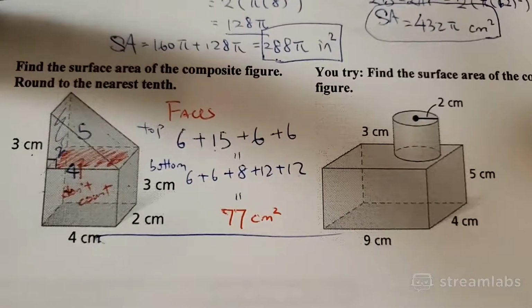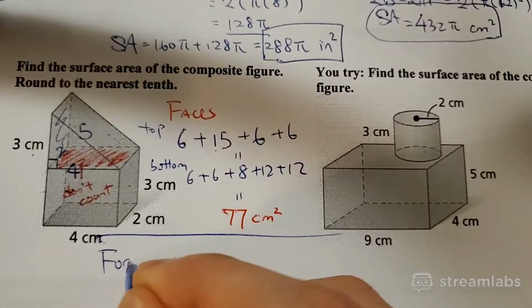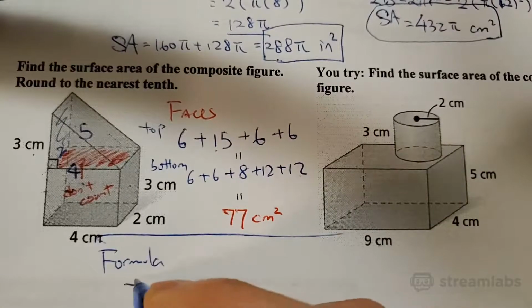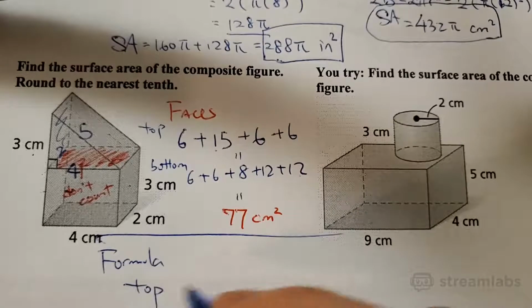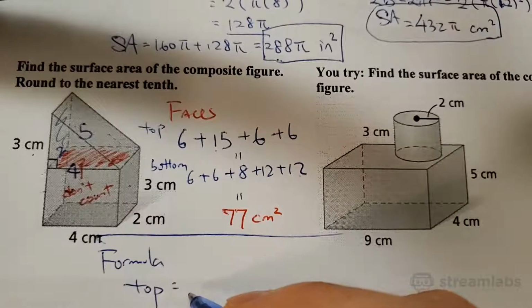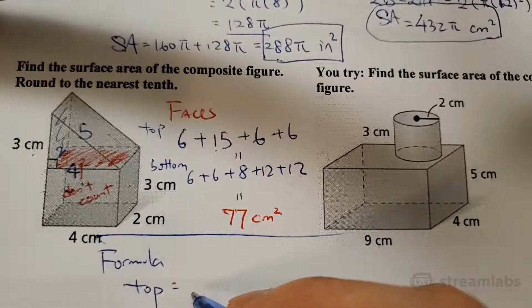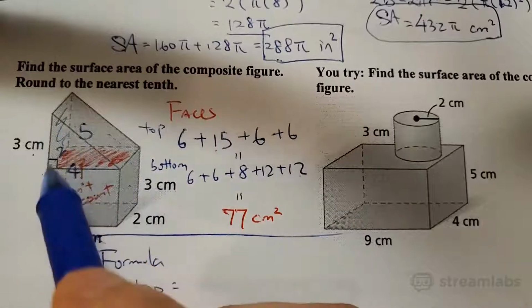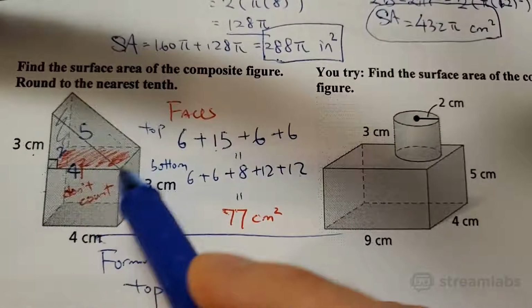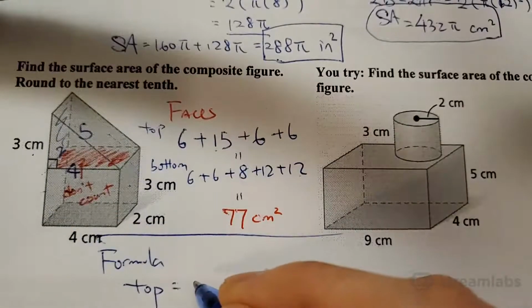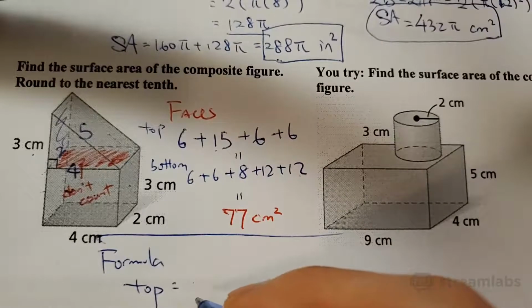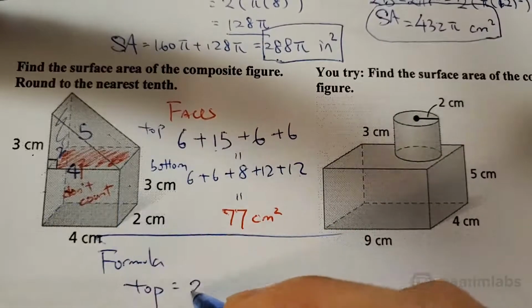I'm going to use the formula. Then I'm going to use the top first. Same thing, top. Okay, top will be... So this is the base, right? Because your height is here. So the base is here. So 2 base plus the lateral area. Okay. Well, yeah, 2 base plus the lateral area,